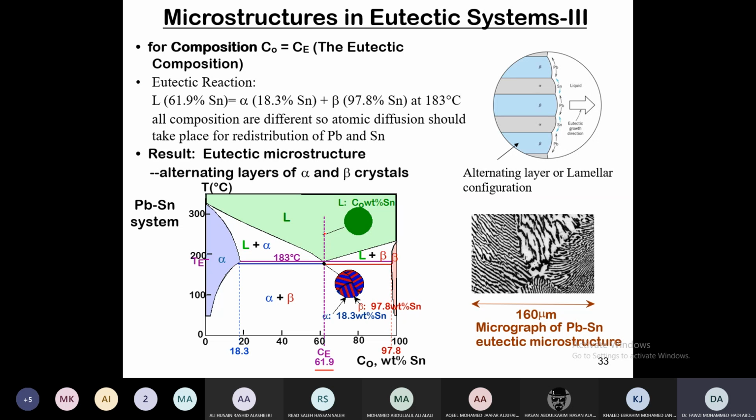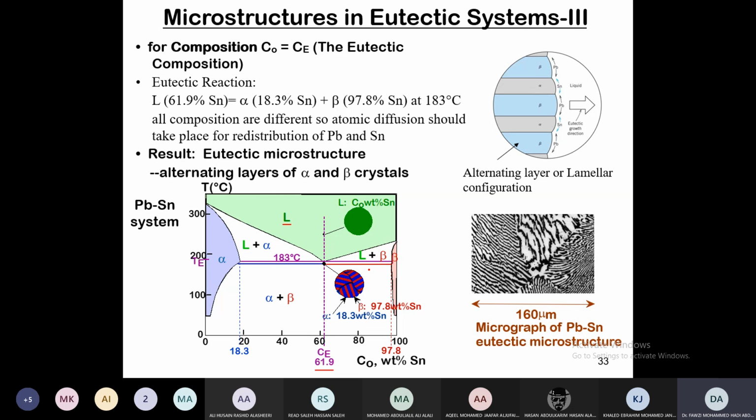As we come down from there, we have basically a liquid. That's the liquid that we are having in green. As we go down, nothing is going to happen until we reach the eutectic point exactly. Once we are just below the eutectic point, what is going to happen? This microstructure is going to develop. This is called lamellar configuration. The lamellar configuration